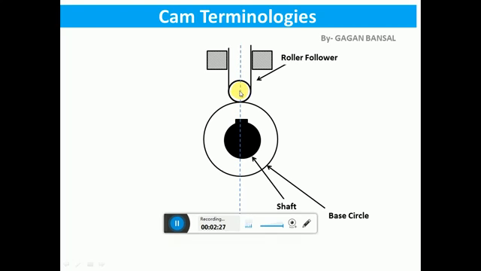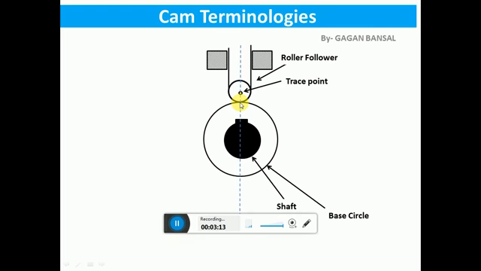At the center of this roller follower we have a trace point. What is a trace point? It is the reference point on the follower used to make the pitch curve. In the case of a knife edge follower, the trace point is located at the knife edge itself, and in the case of a roller follower it is located at the roller center. That means here this is a roller follower, so this is the trace point, but if it were a knife edge, it would have been on the base circle.